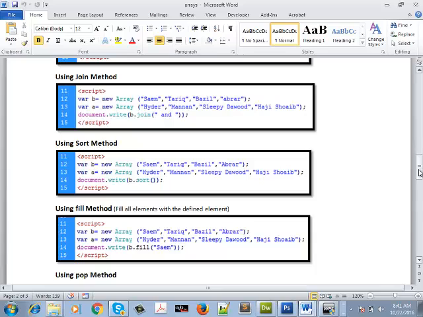नहीं, plus is different. Plus is concatenate. Now you have to be careful. When you use plus with numbers, it will work as addition. When you use plus with numbers and strings, it will join as a concatenate. Okay, so for example, if I write "hi, how are you" in double quotes plus the variable name, it will